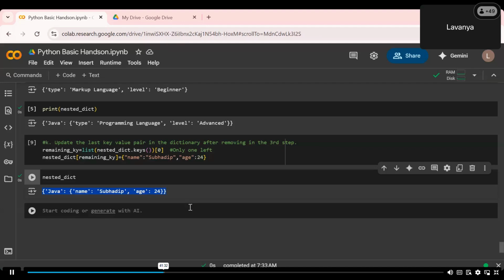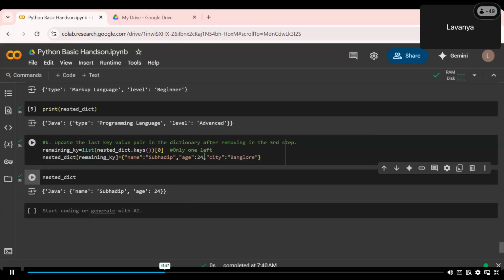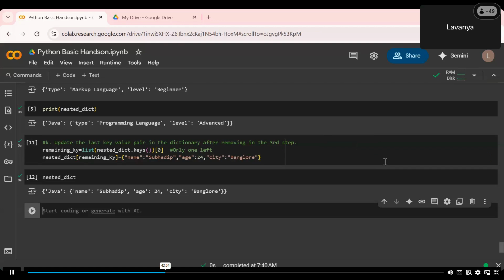But I do not want to delete the previous ones. See, here if you add more key value pairs, it will show you, or let's say here if I add something like a city, and let's say here I will add Bangalore. So if you run this, see,